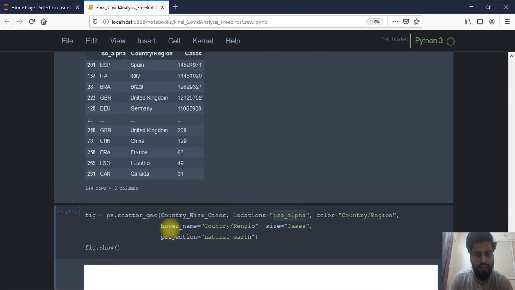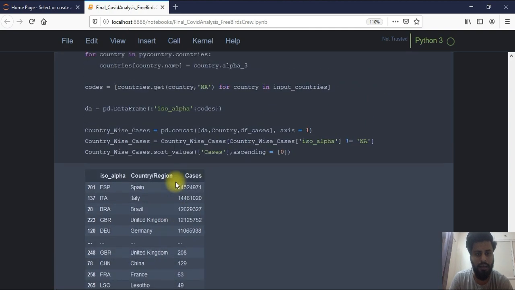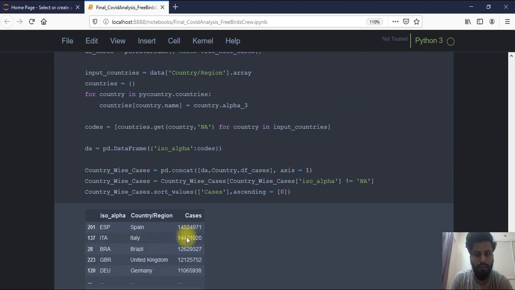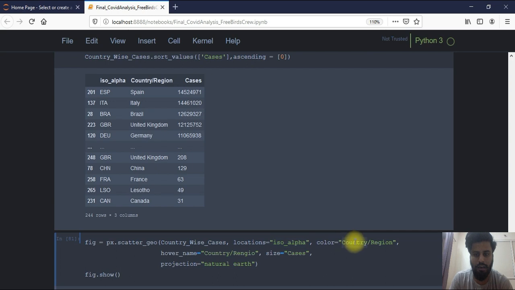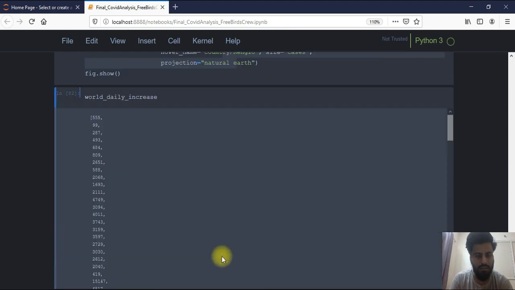As you know, this plot only uses the alpha code. So that's why I convert each country name into their alpha code, and the color is for the country and region, hover is on country, and size is the cases. That means that if there are more cases, its circle is bigger. So I can just show it to you.